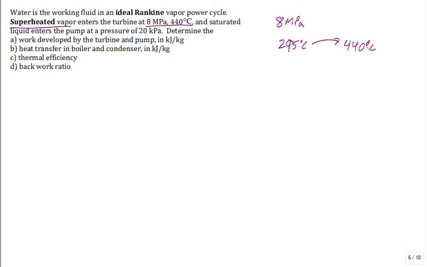Then you pass it through. And then you still want saturated liquid entering the pump. That's good for the pump. And the condenser pressure is 20 kilopascal. This is the standard format for these questions. Find the work of the turbine, find the work of the pump. Find the heat transfer in the boiler, heat transfer in the condenser, compute the thermal efficiency, and compute the backwork